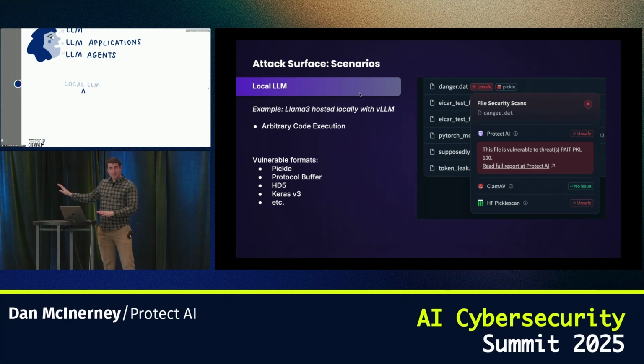Now, Hugging Face, for the defenders, is probably the safest place to get models. They actually do very specific scans for model file format vulnerabilities. There's Protect AI's Guardian, ClamAV, and PickleScan. Now, ClamAV is the only one that's not actually specific to model files, and you'll find that ClamAV really